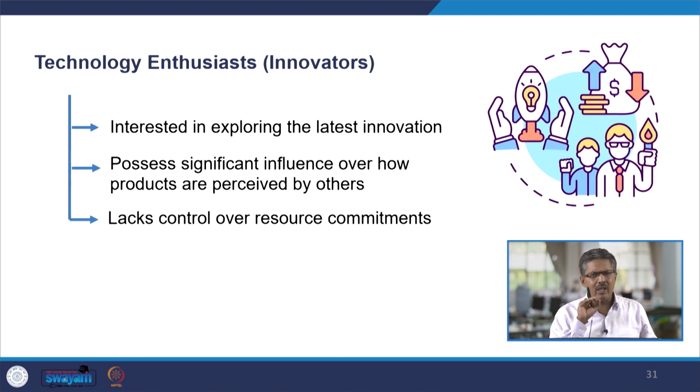So, these technological enthusiasts or innovators are the most important people, as I had said, at least for the B2B marketers, because they are the lead users and they give you the idea about how the market would react to the particular product. So, they are kind of a test market situation, where you can test your product with them. The second is the